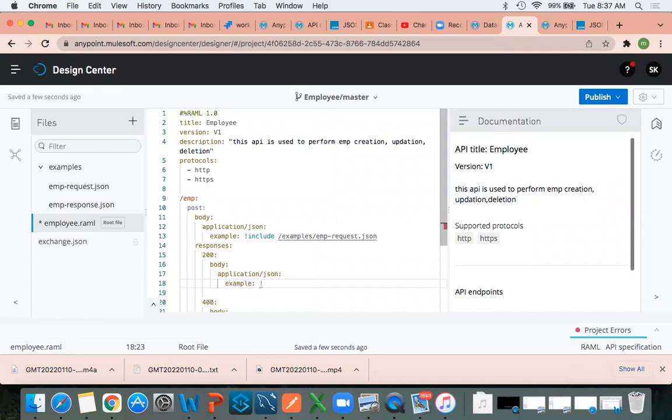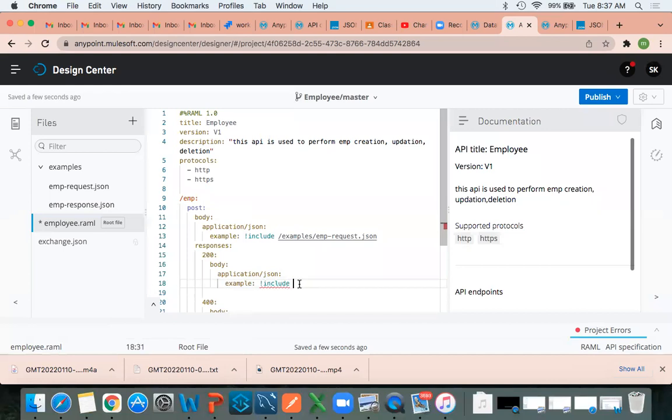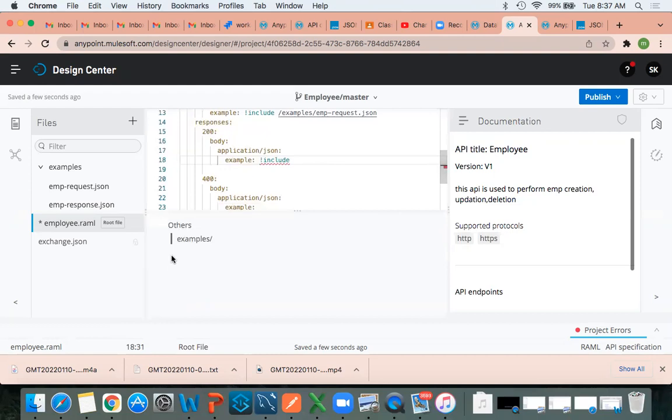Exclamation mark include. So copy the response path. Right click, copy the path. That is one way. Or else you just use the up arrow and it will automatically display. Examples. So I came here, inside this examples folder I have two files. Where is my response file?